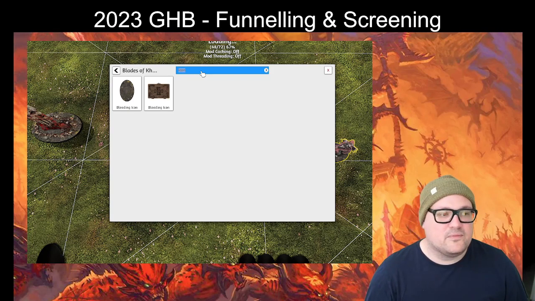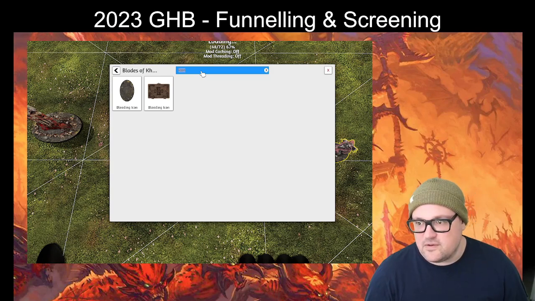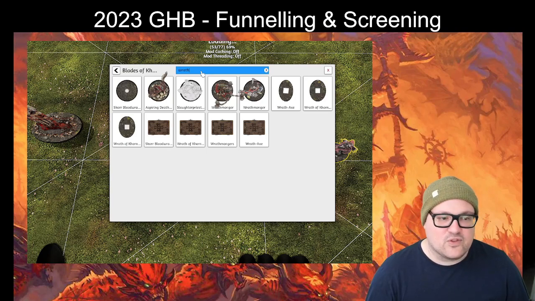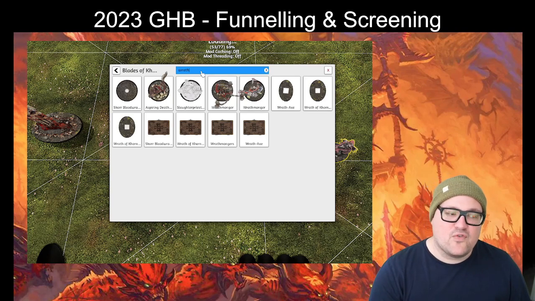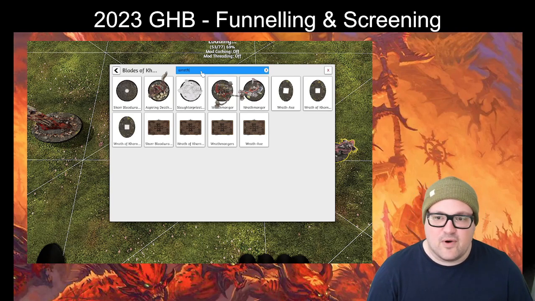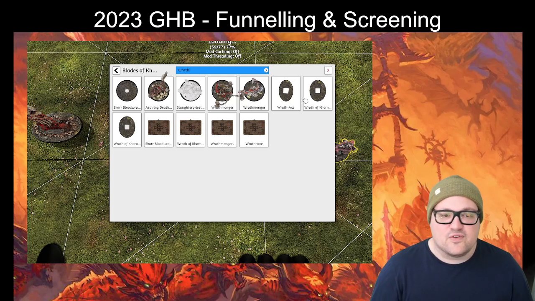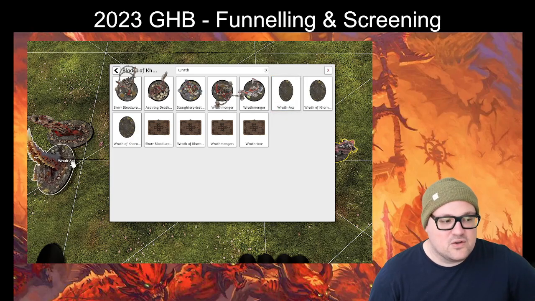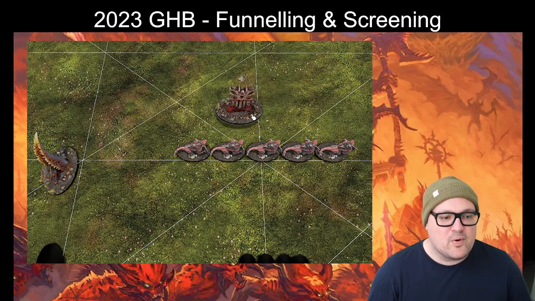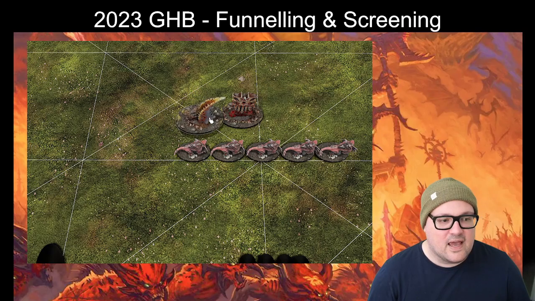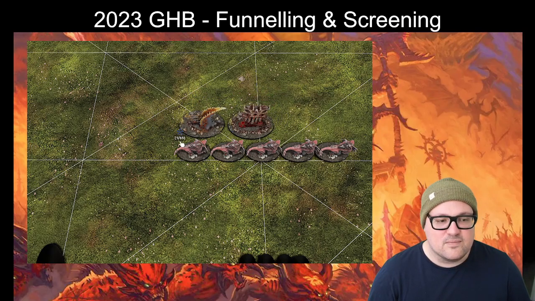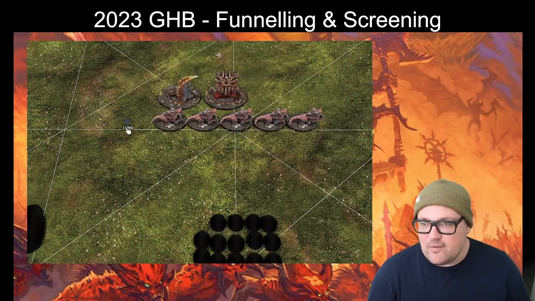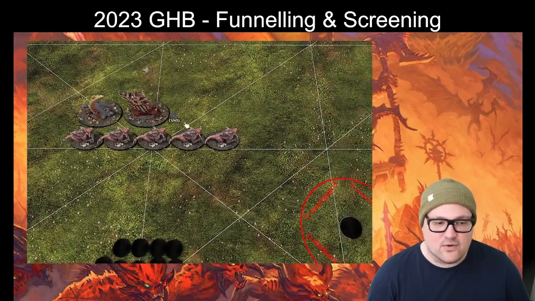So a lot of people usually use endless spells and invocations in their list based on what their war scrolls say, like, hey, move forward, kill things, or move forward, debuff things, and so forth. But the beautiful thing about these models is that they tend to be super big model-wise, and you can use them to completely block movement. In one of my games against Mike Vagnos at Warp Zone GT,